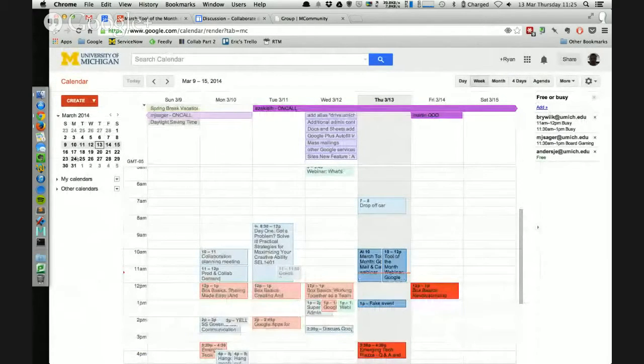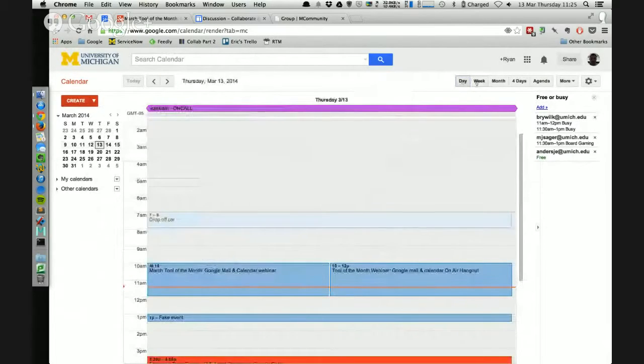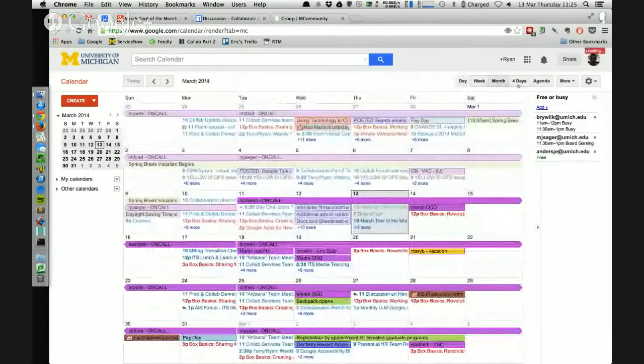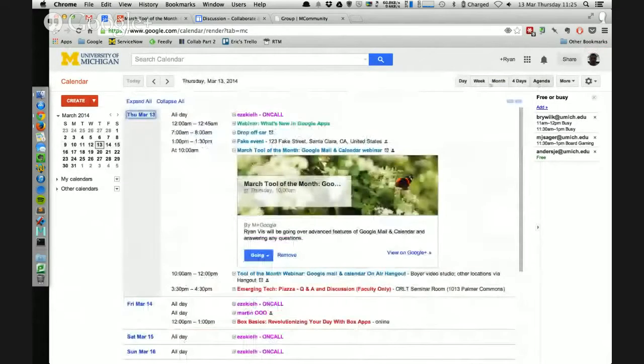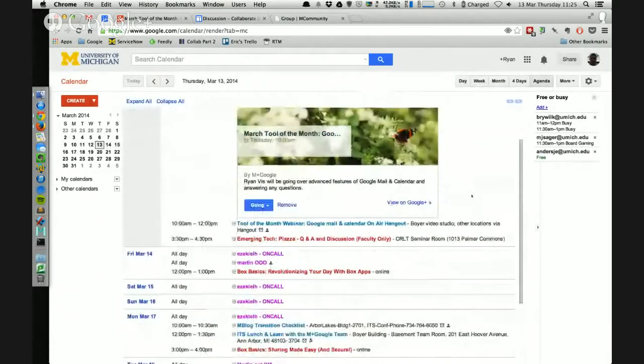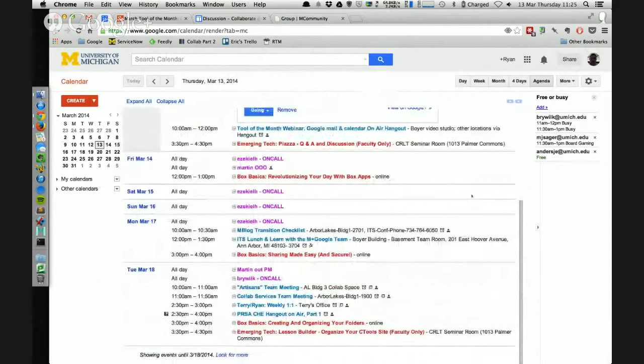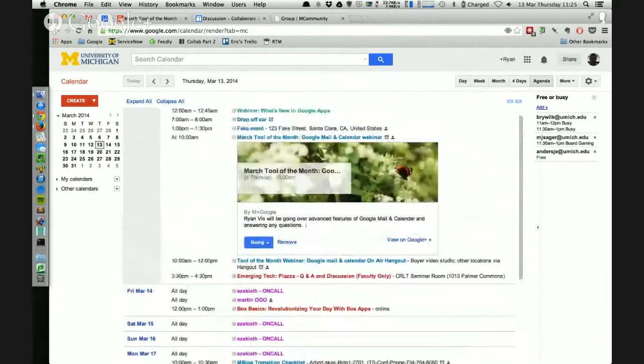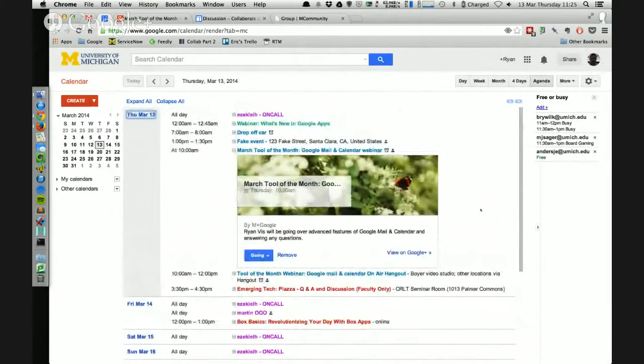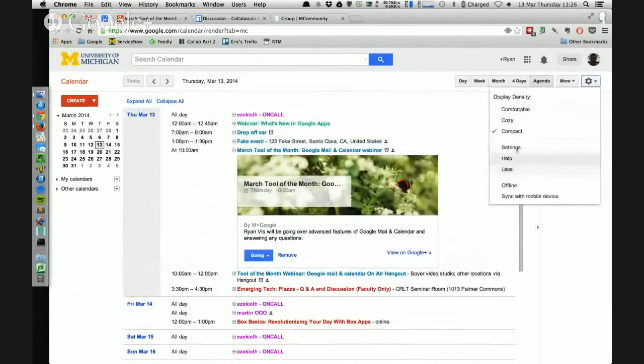One thing to note, the display of the calendar, you can click through these buttons here and have different modes of display. Agenda is kind of handy if you need to just read through. If you have lots of items on your calendar, you just need to read through where am I going. This is a really handy way to do that. You can actually have this emailed to you every day at about 5 in the morning. If you go to the settings and calendar,